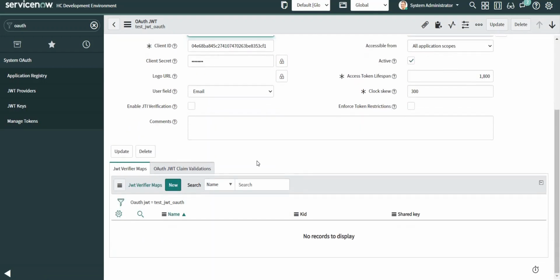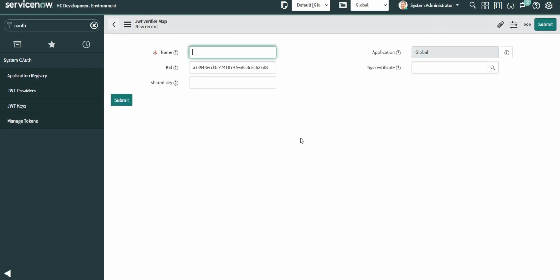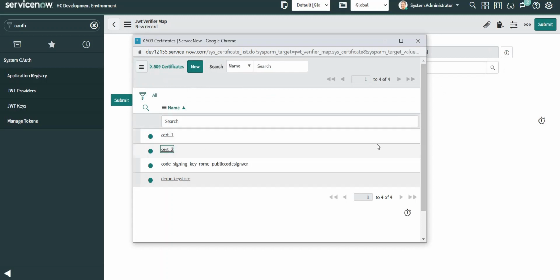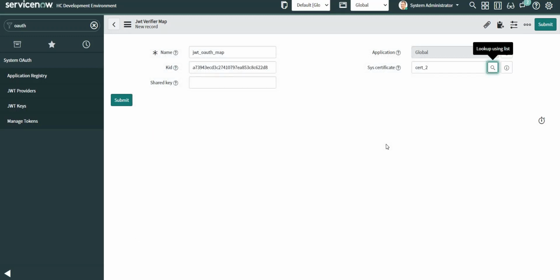And then I have this JWT verifier maps. Let's click on new over here. So this is the key ID which is automatically generated. And this is a shared key. I'm going to leave it as blank, and then I need to select my certificate over here. As I said, it is certificate 2, which is the public key of the certificate which was used to generate the JWT token. Let's submit this one,